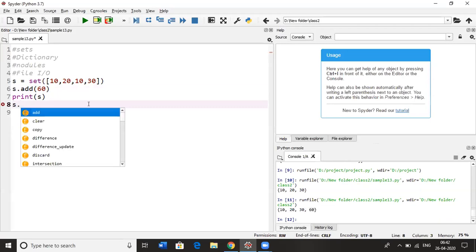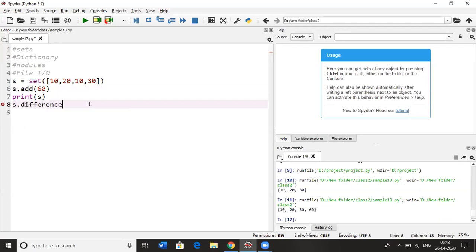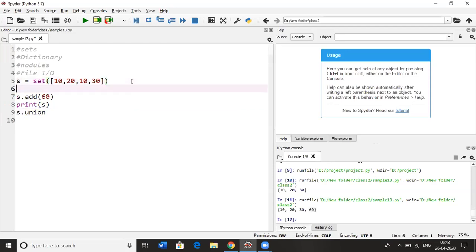And if you know set operations like difference and union, you can use them in our set also. So if I create another set here, set 2.